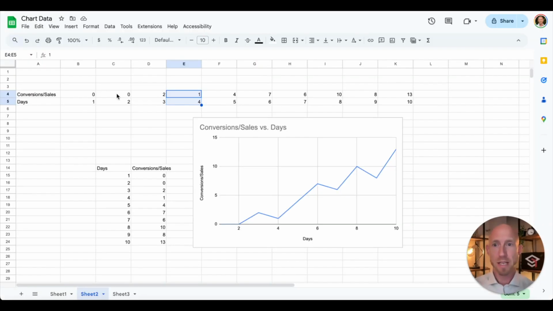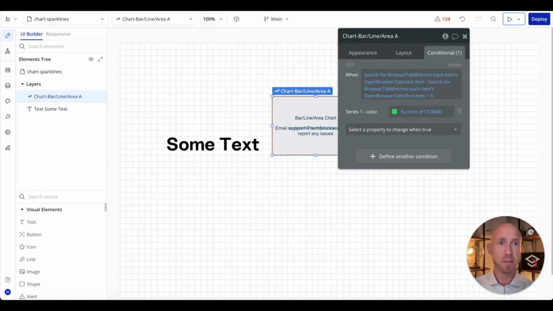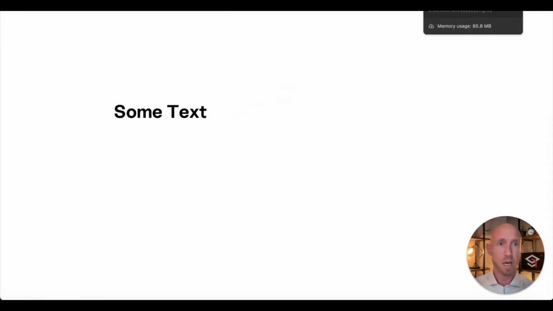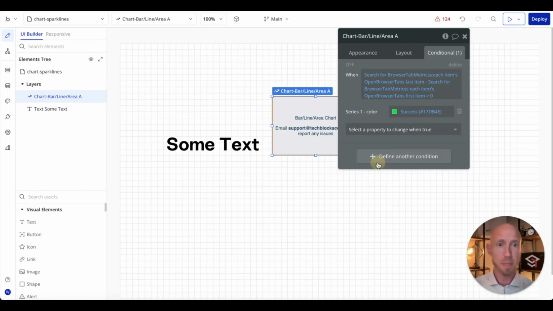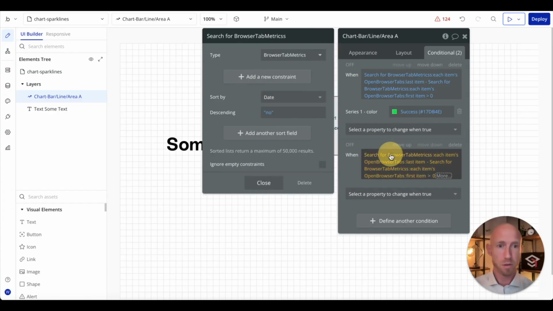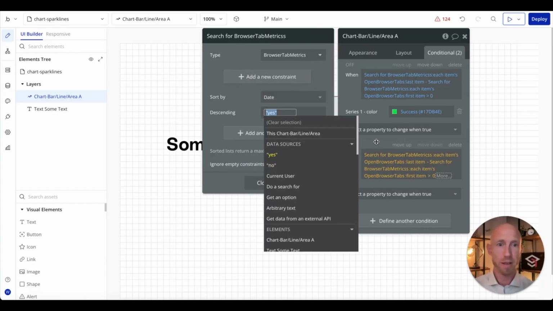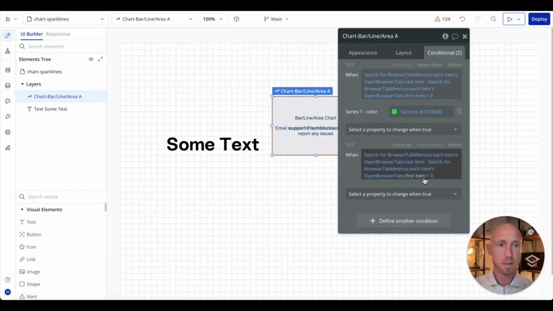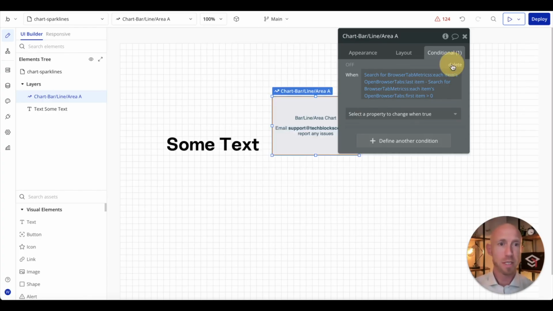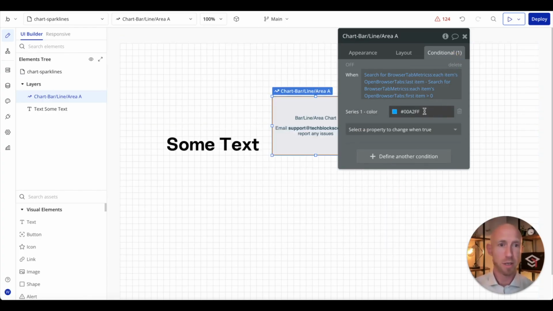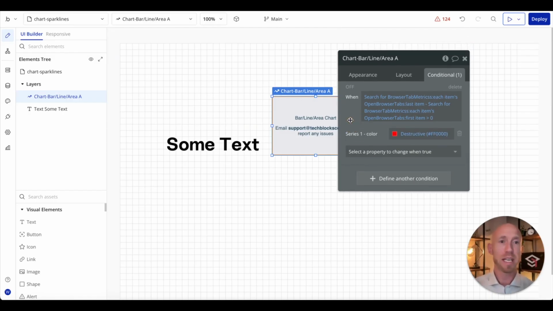Now remember this example here, because I have data going basically from one way to another. But I'm going to do some stuff, and even if it doesn't fully make sense, I'm going to show you first that this does turn green. But then I'm going to take this and sort it the opposite way. So I'm going to delete this out. Then I'm going to change the color here. I'm going to change it to red because I don't want to bother us with that one. We're just looking for the case where it's going down. So if the last item,